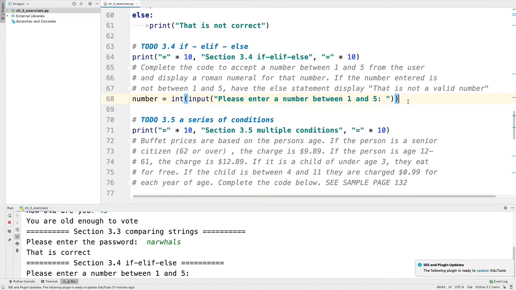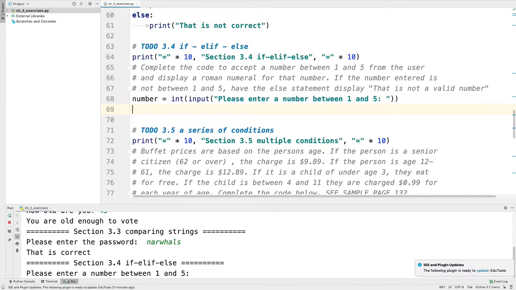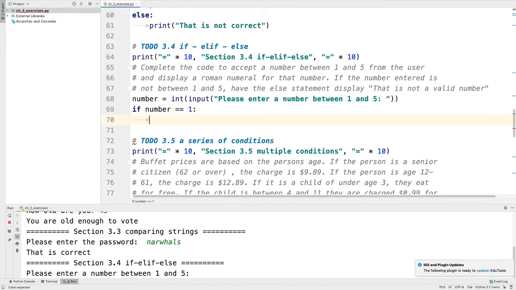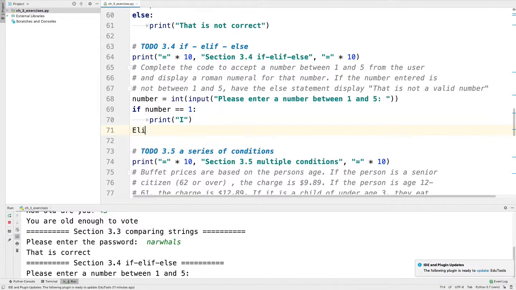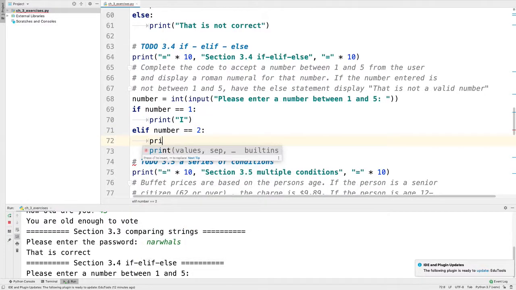So we're getting the input and we're converting it to an int. By doing the int here on the input, we're taking the string and making it an int. So now we can do the comparison, and we can do if number equals 1, print, and then we're going to do elif number equals 2, print the Roman numeral 2,